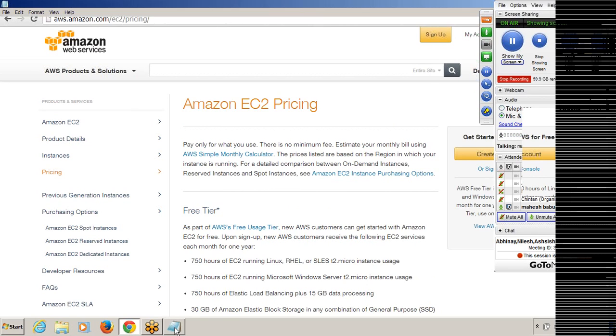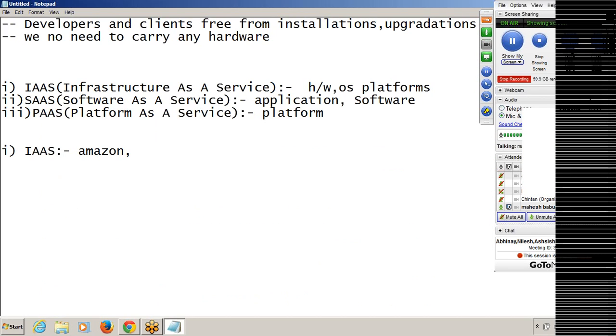Okay, that is about Amazon people. They are offering IaaS. In the same way,